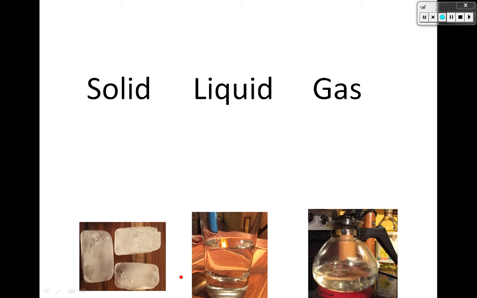So here we have ice, and we say that's ice, but what it is is frozen water. Here we have liquid water. If you're being really precise in chemistry, we would say liquid water, we wouldn't just say water. And then here you can kind of tell this water is bubbling. It's not a great picture, but you can sort of see that there's bubbles going on in this water. There's a bubble coming up here and coming up there. Maybe I'm going to get a new camera at some point, then maybe we'll be able to see it better. But these bubbles are water gas, or what we might call water vapor.